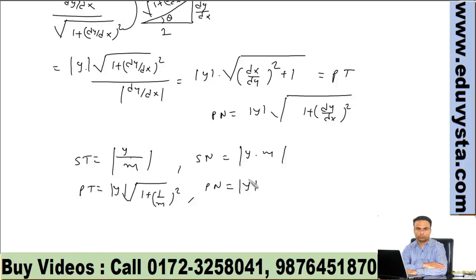Then for normal it is modulus of y multiplied by square root of 1 plus m squared. At the time of normal we have m, and at the time of tangent and subtangent we have 1 upon m, where m is dy by dx. Let's try some